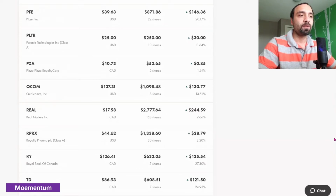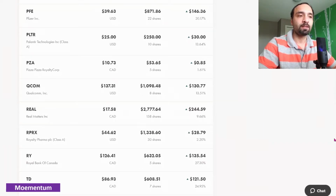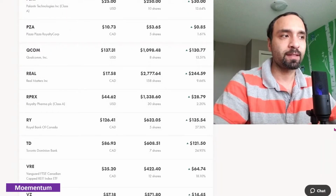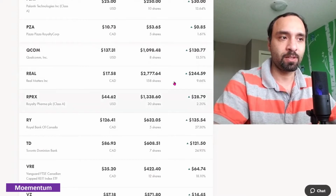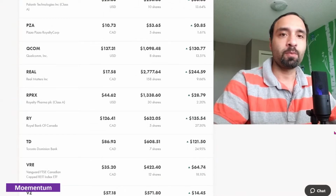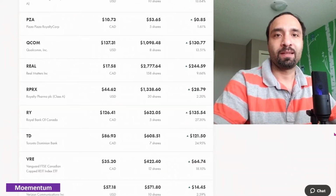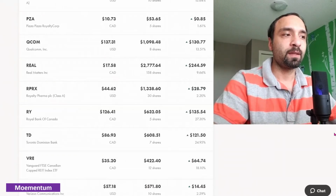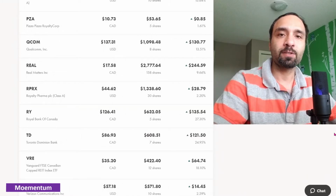Real Matters, we have still maintained our 158 shares. It is showing a positive return of 9.66%. It is one of our larger holdings, Real Matters, and we can judge it by the amount of funds invested. And we plan to hold on to it for some massive gains before we decide to let go of this stock. Royalty Pharma, with ticker symbol RPRX, we have 30 shares and it's showing a positive return of